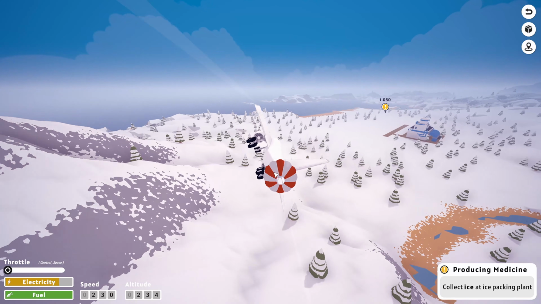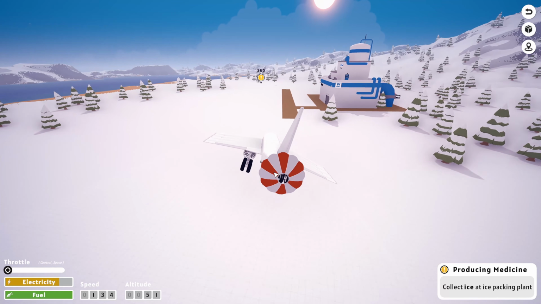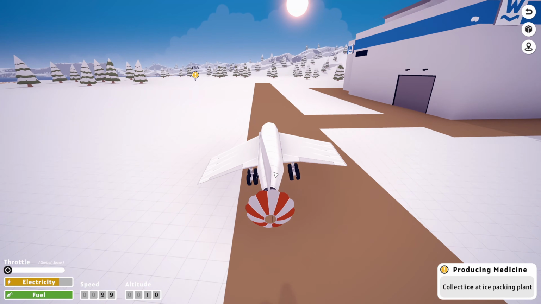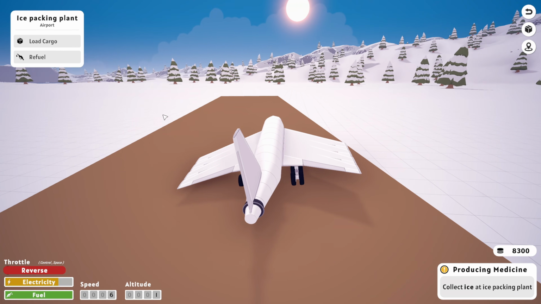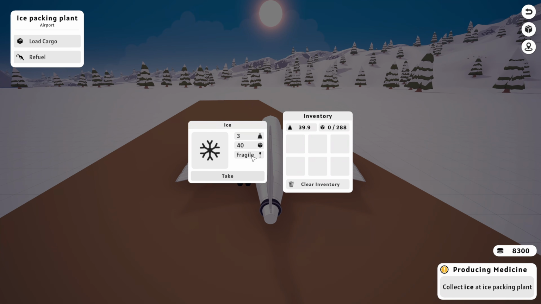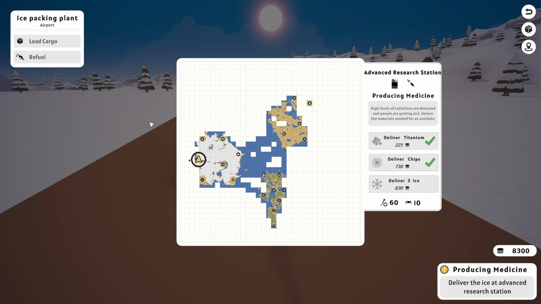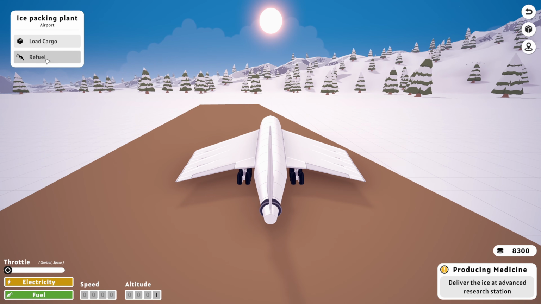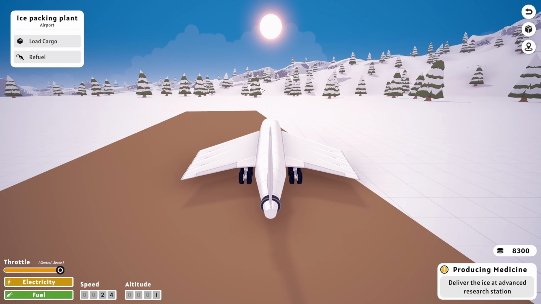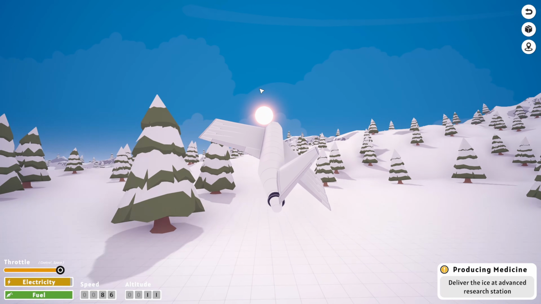Okay, landing gear is down. We're coming in for a landing. And landing. Here we go. Ice, I believe, is fragile, but I don't believe there's a time limit on it. I could be completely wrong with that, though. So load. Yeah, it's just fragile. They only need 3. I am gonna actually take 5, because if I have, like, a horrible landing, then the ice will break. And I don't really want to be flying out here again, so...